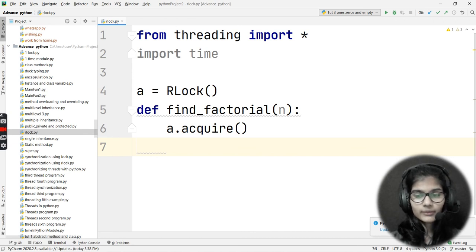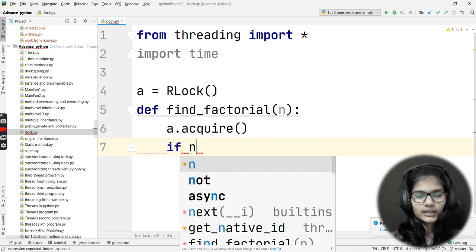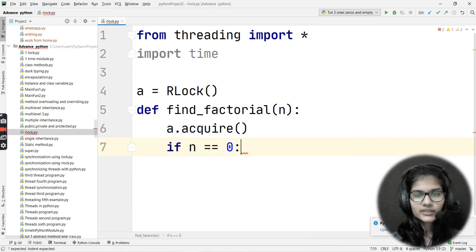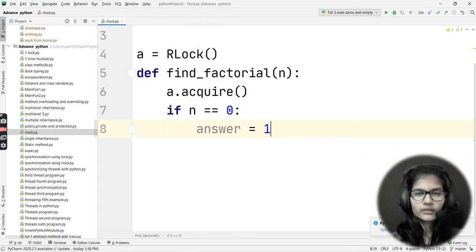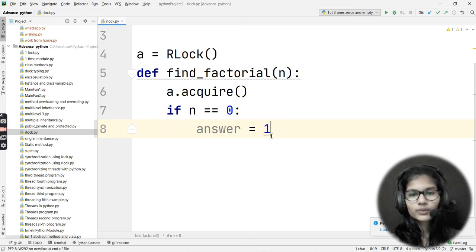So I'll write the same thing here: if n is equal to 0, then I would take a variable, let's say answer, and into this I'll be storing the number 1. If the number you have entered is 0, then my answer would be 1. That means the factorial for 0 is always 1.